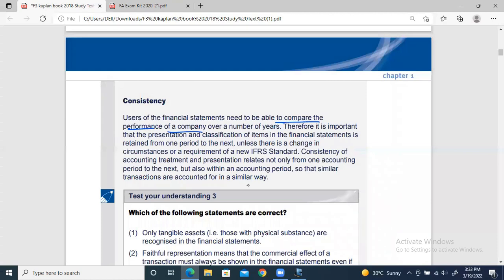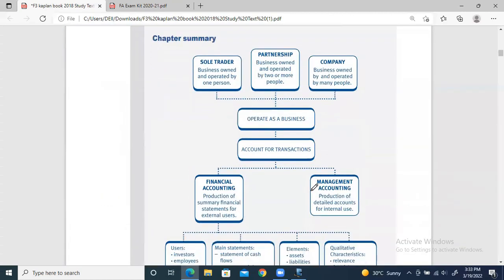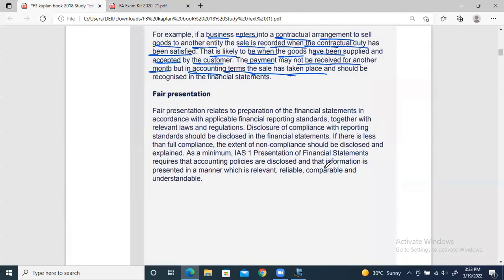So this basically means consistency. And finally the chapter is finished over here, right? It was a bit theoretical one. It may be boring for some students, but again it has very interesting information, and this is also very important for exam purpose, because this will be asked to you certainly in section A, not in section B, but in